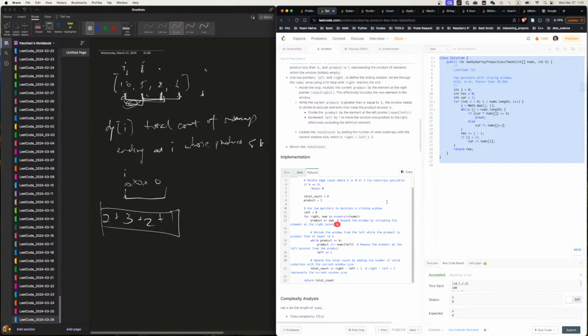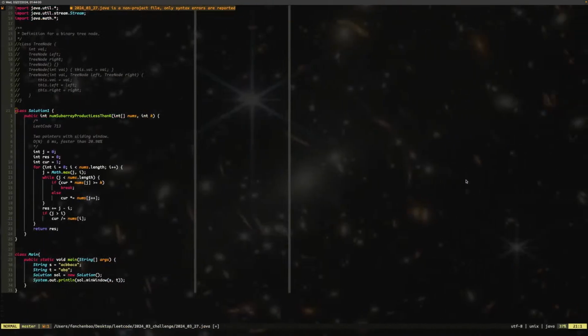Right? You expand and you check. If it's larger or equal to k, then you remove the left, remove the left until it's smaller than k, and then you do the difference between the two. Yeah, that's the right way to do it. Okay, so